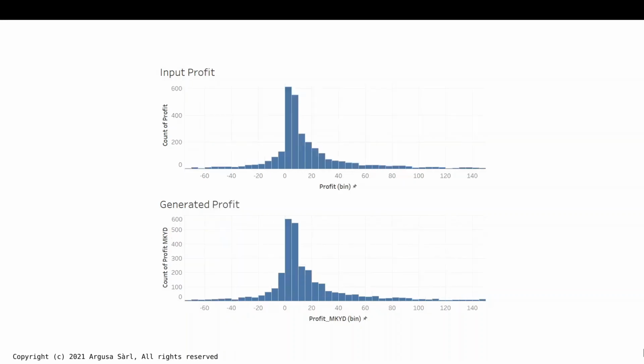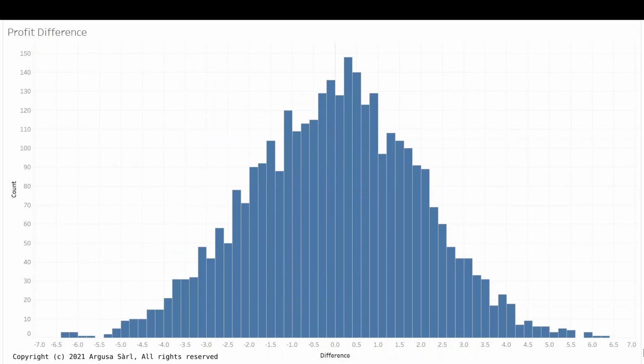The distribution of the generated profit column is very similar to the input one, which is how we configured it. Remember that we also added a Gaussian noise to the profit column, with a standard deviation of 2. If we visualize the difference between the input and the generated profit column, we see that we have a Gaussian distribution with a standard deviation of 2.